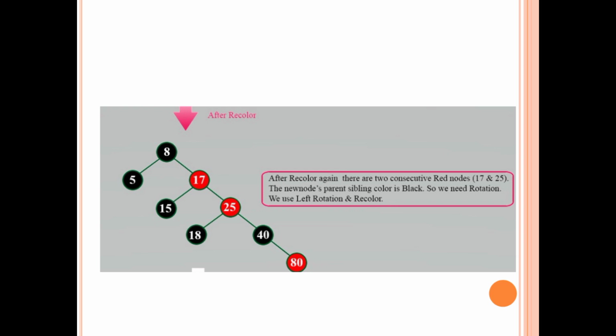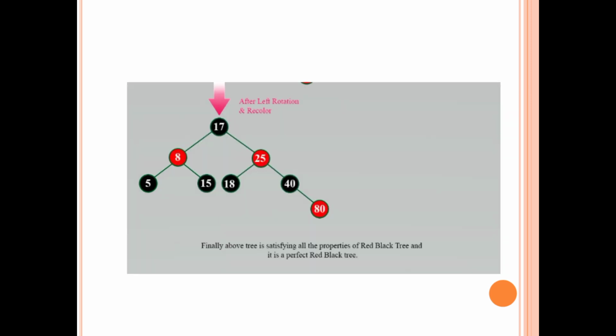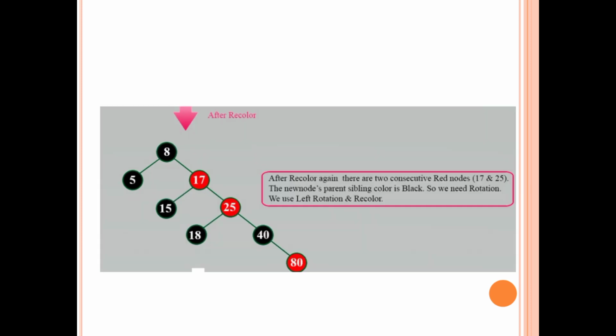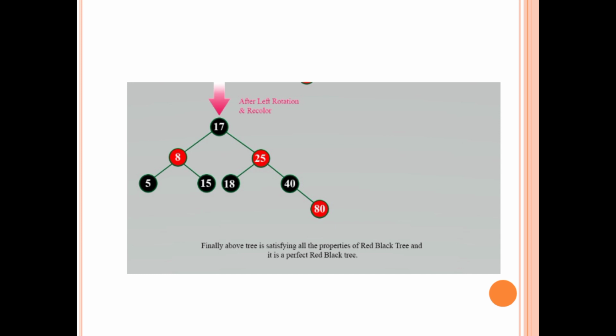We have to recheck that once here, taking 14. Its parent is 25, and we go to the grandparent. Here 18's parent is 14, and 14's grandparent is 25. Here we have to do the recoloring and a rotation. We have to do the recoloring, which means we have to take into the rotation of the 14.